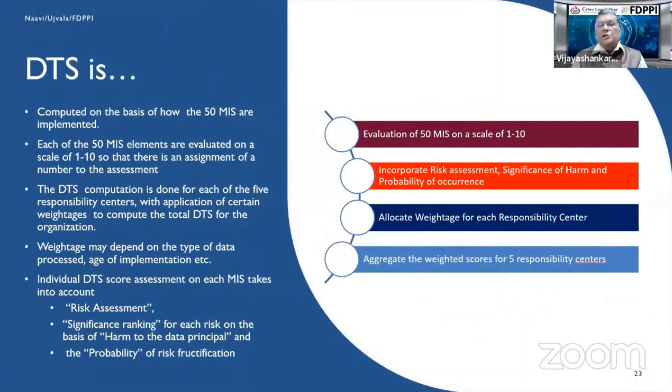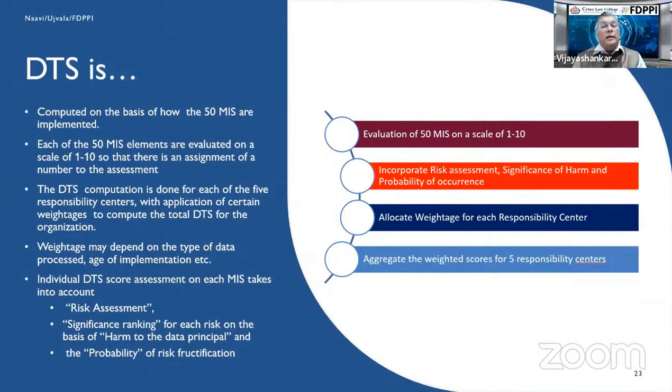Now, when we come to the computation of DTS, remember this is the first time in India and perhaps elsewhere that we are trying to provide a numeric value to the compliance status. Normally the law says that the consent or the notice should be in simple language, understandable by the data principal and so on. Now, if there are two privacy policies or notices, which is simpler than the other is a subjective aspect, which is more complete than the other is also a subjective matter. Therefore,